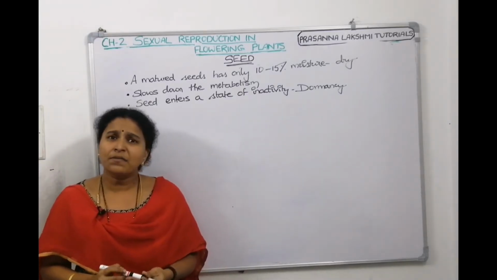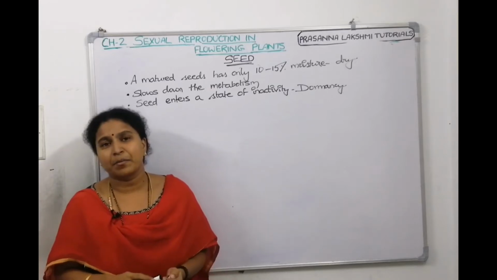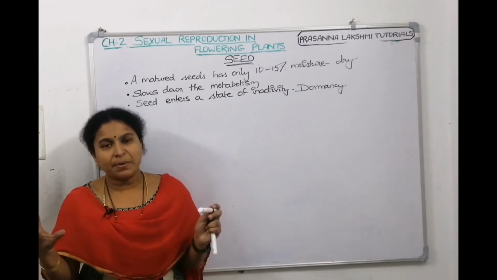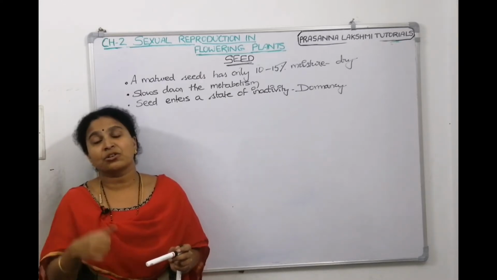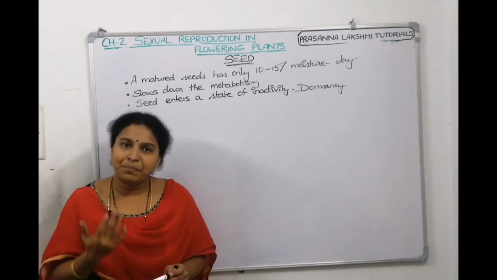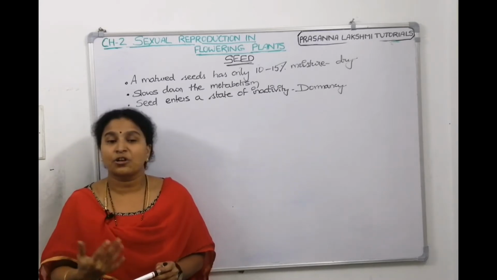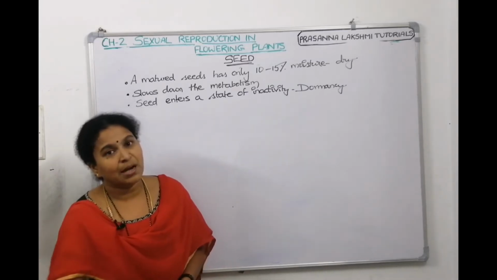So, when will the seed undergo dormancy? When the conditions are not favorable, means unfavorable. So it will be in its dormant stage till the conditions are favorable. Once the required temperature, required moisture, required energy, everything is there, then it completes its dormancy and starts germinating. Understood? So this is all the information about the seeds.